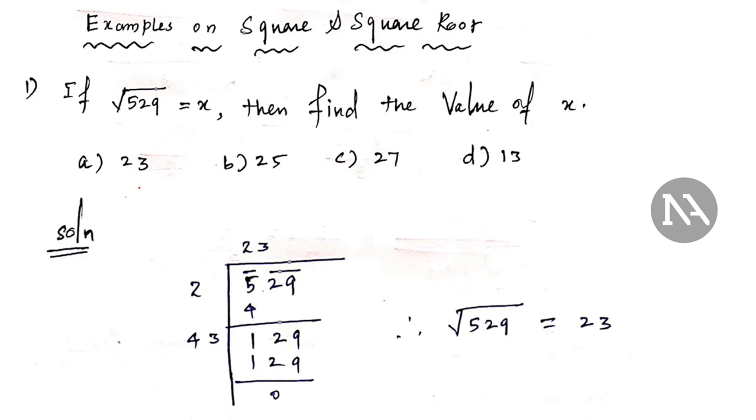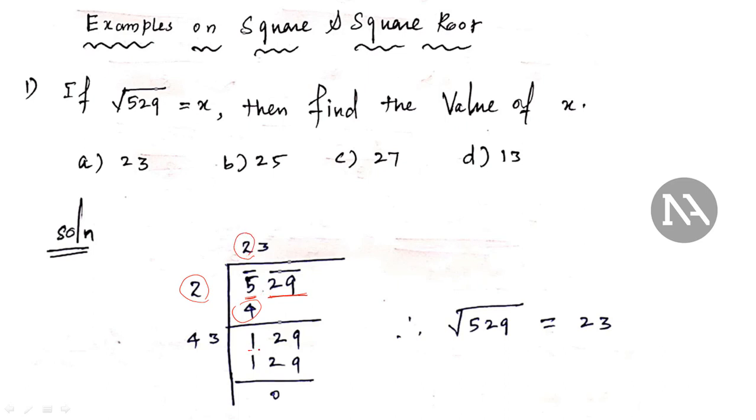This question can be solved in this way also. I told you this is the division method. Here in this method I have to separate two digits at a time. So first you have to start from the right hand side. I have separated into 2 digits, and after that only 1 digit is remaining. Now I have to find the square of a number that is equal to this value or nearby this value. Here 2 squared is 4. So the first digit is going to be 2.